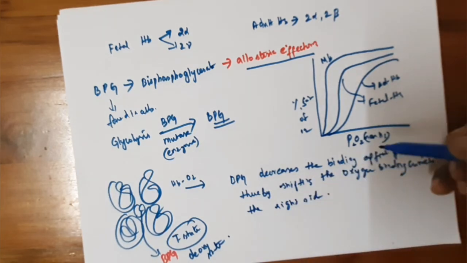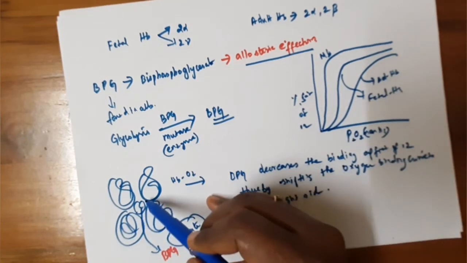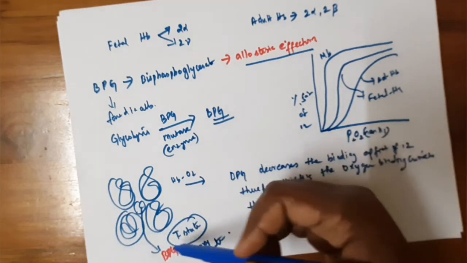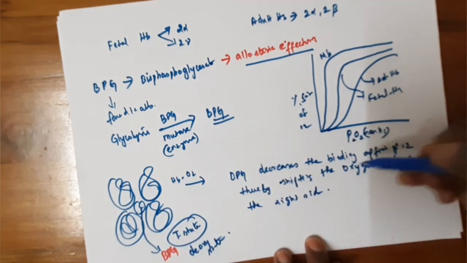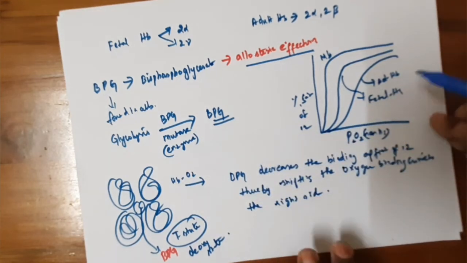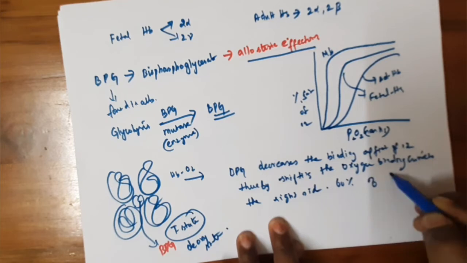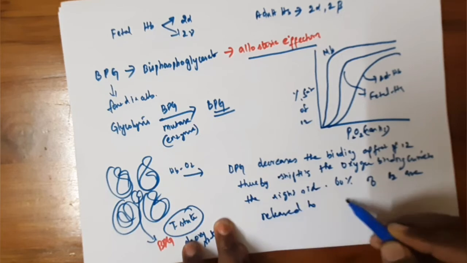During the binding of BPG, a small amount of BPG is bound to the 2 beta globin proteins in the hemoglobin. BPG shifts the oxygen binding curve to the right, which means the hemoglobin tends to be in the deoxy form or T state. That means it does not completely release all the oxygen to the muscle tissue. So nearly 60% of oxygen is released to the muscle tissue.